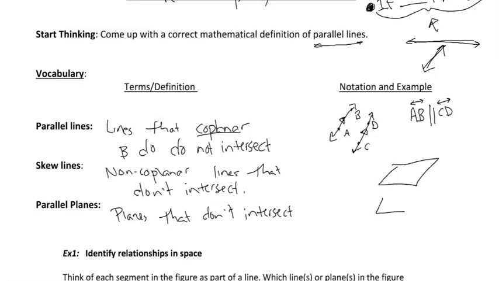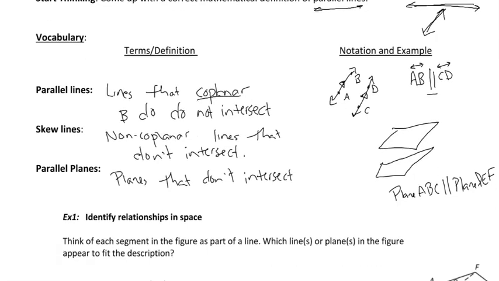That plane and a plane hovering right below it would be parallel planes. And you would use the same exact symbol here. It would be like plane ABC is parallel to plane DEF or something like that. Same symbol for parallel. Alrighty, so that is parallel, skew,